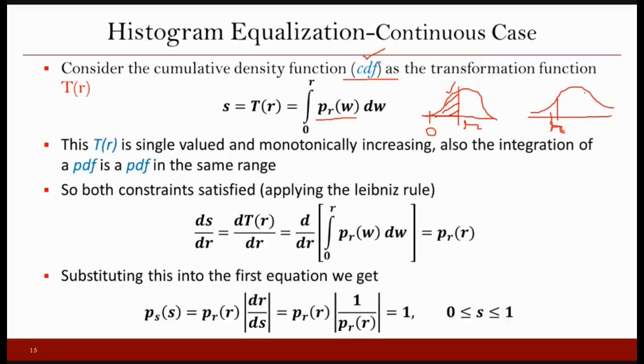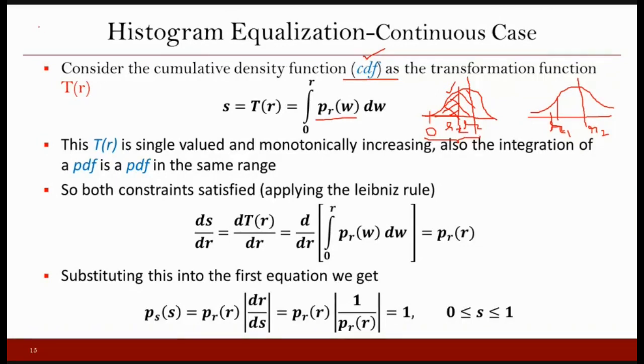Similarly, let's say this is your PDF and the right side one is the CDF, and you want to find out what value in the CDF you are going to have for this R, and let's say that R is here. Then you have to again compute the complete area falling under this curve from 0 to this new R. Let us say the first one was R1, this is your R2. In case of R1, you have computed the area under the curve from 0 to R1, and for 0 to R2, you are computing the area under the curve from this point to this point. Okay.